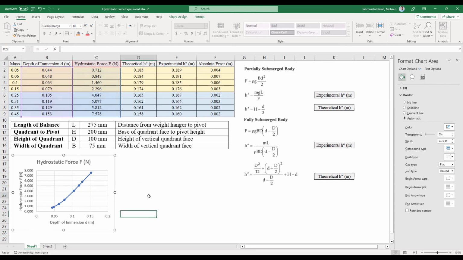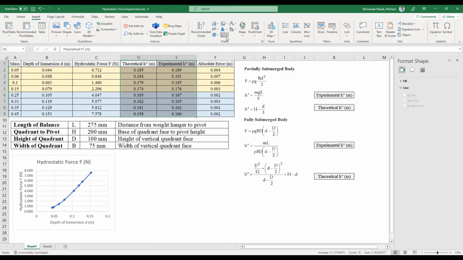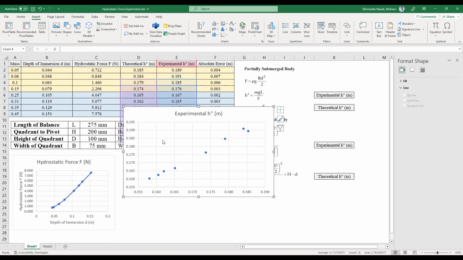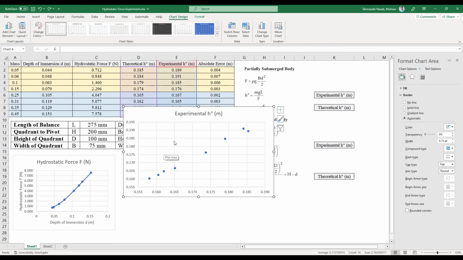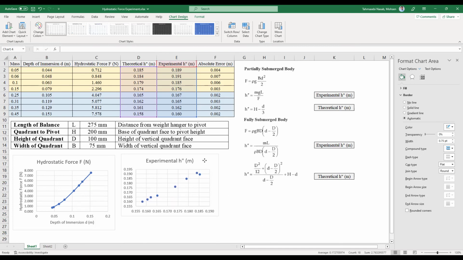Okay, and then the next graph that I want to show you, we want to compare our theoretical and experimental H double prime. So I'm going to select these two. On x-axis would be theoretical, and on y-axis would be experimental H double prime. This time I'm going to do a scatter plot like this. There we go. Okay, and let's make it smaller so it's easier to,